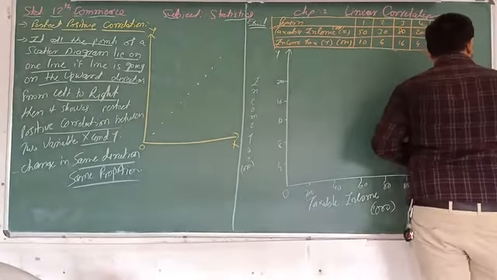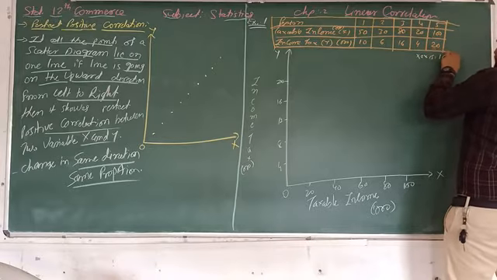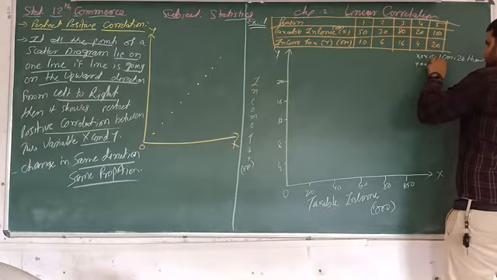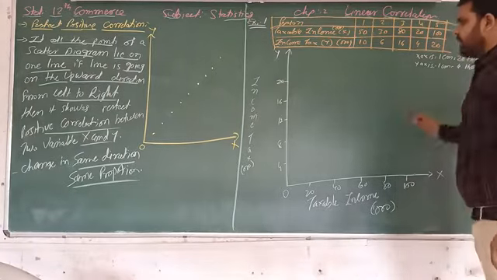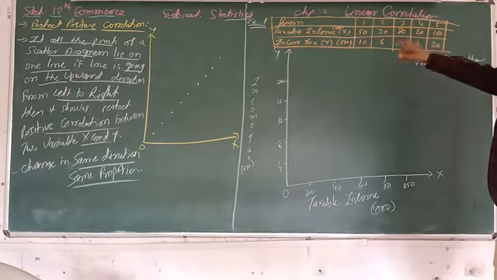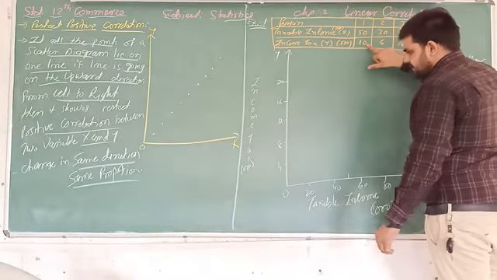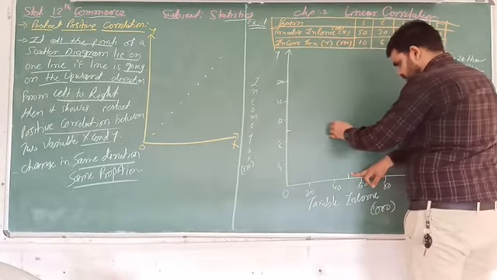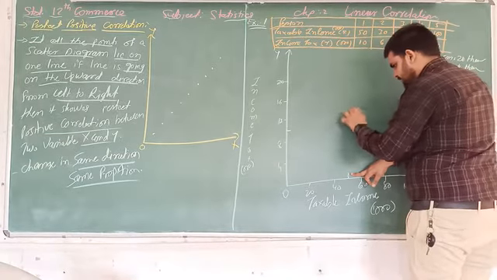Here we must compulsorily write down the scale: on the x-axis, 1 centimeter equals 20,000, and on the y-axis, 1 centimeter equals 4,000. Now what do we have to do? We have to draw a line, that is, plot points. Income of 50,000 is between 40 and 60, and tax of 10,000 is between 8 and 12. So here I draw one dot.